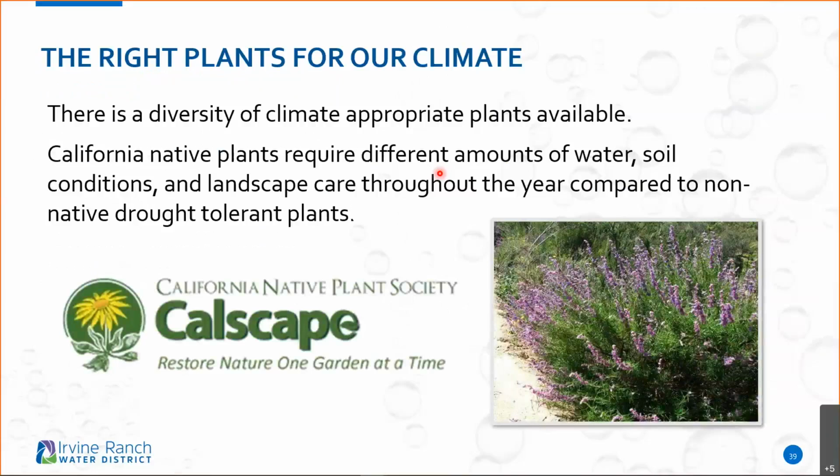Now, when it comes to California native plants, there's such a diversity here in California. It's important to select the right ones for our areas, because sometimes some desert species won't do well in our areas. We can manipulate some of these natives to do well in our area, but it's important to really consider using localized plants if possible. And I'm going to show you guys a nice little trick in a while on how to find these plants.